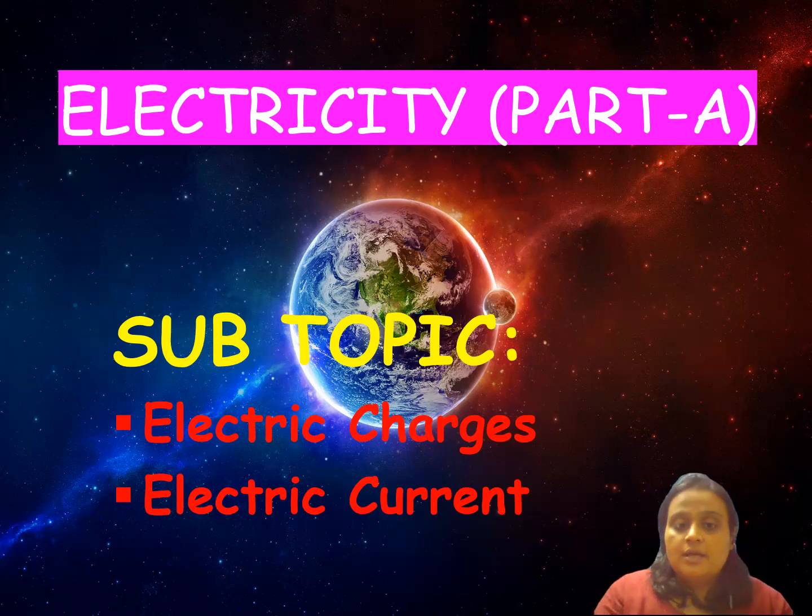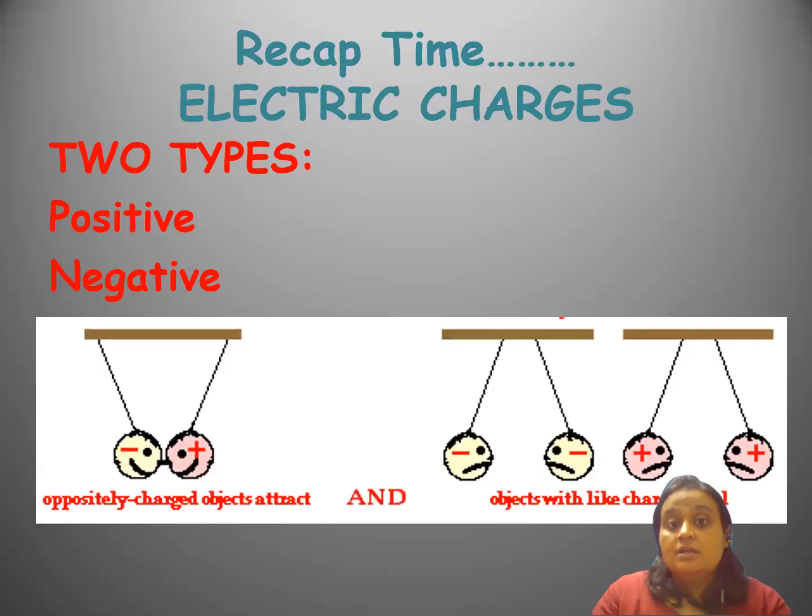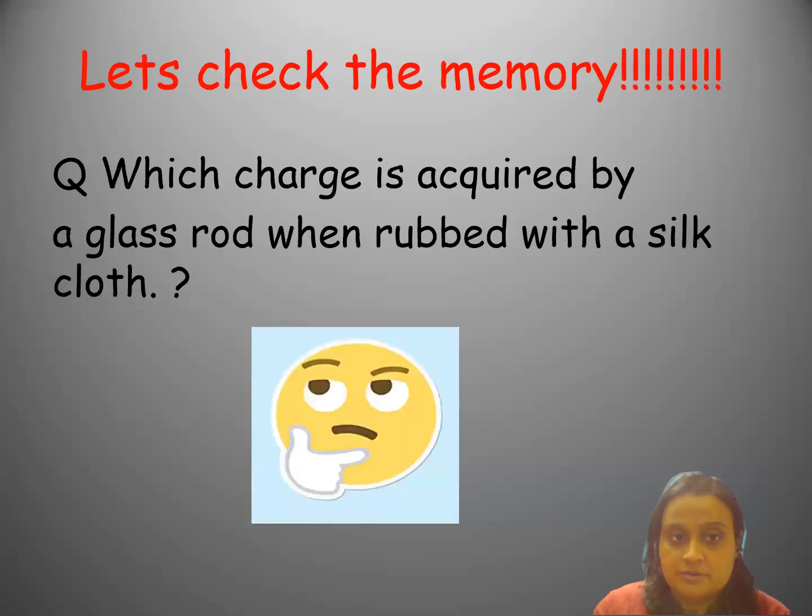So let's proceed now. Let's recap what we have done in the previous classes. You had one chapter in grade 8, and in that chapter you have already done electrostatic force and all. You have read about the charges. As we know, there are two types of charges, positive and negative. Like charges, positive with positive or negative with negative, repel each other. And unlike charges attract each other, right? These are the two properties that we have already read in the previous classes. Very basic things, we are just recalling them.